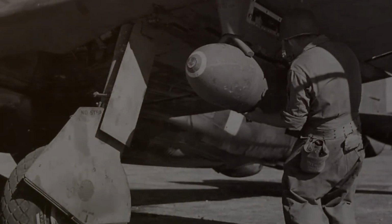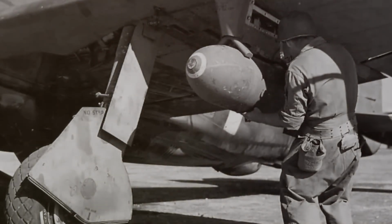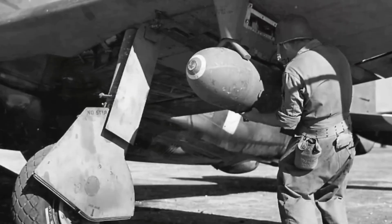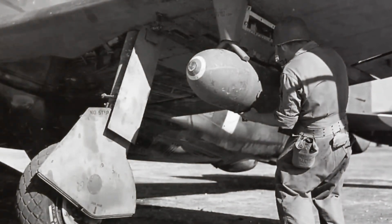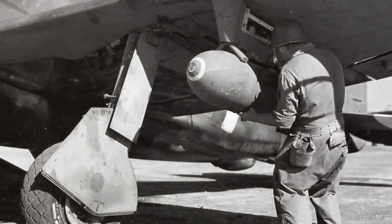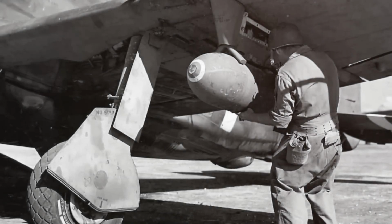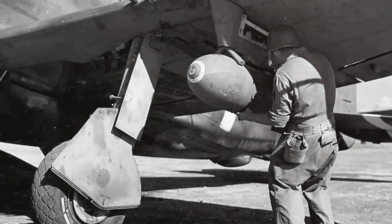German technical reports filled filing cabinets, detailing every measurable characteristic of every American and British aircraft that had been examined during the war. The reports were models of technical thoroughness and scientific objectivity. They also represented thousands of man-hours spent meticulously documenting capabilities that Germany could observe and measure but never replicate given their deteriorating industrial situation. American technical intelligence teams who reviewed the German reports after the war noted with professional interest